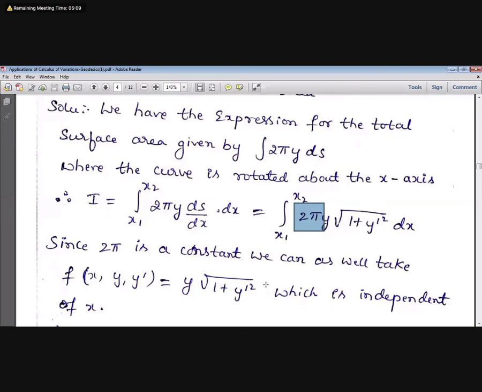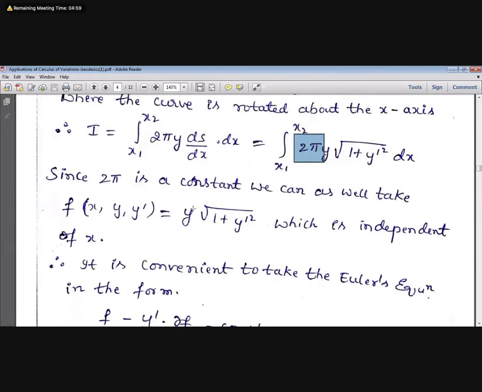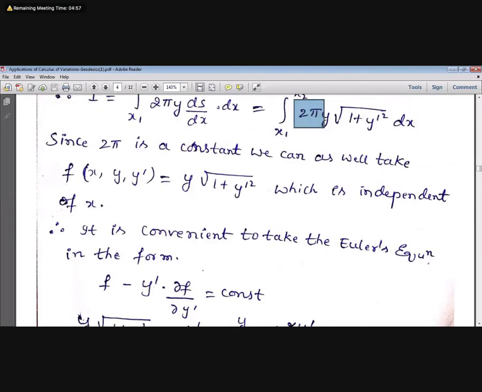Nothing will happen if you write that also. We can keep that as outside, don't consider it in f of x comma y dash. Here we don't have x. If it doesn't have x, then Euler's formula can be rewritten in this form. So this derivation part is not there. Actually, before it was there, now they removed it.